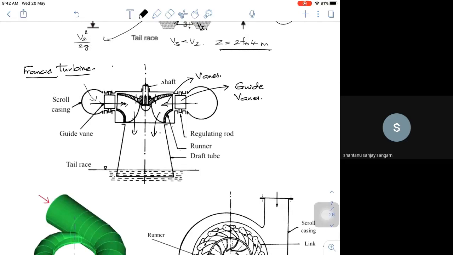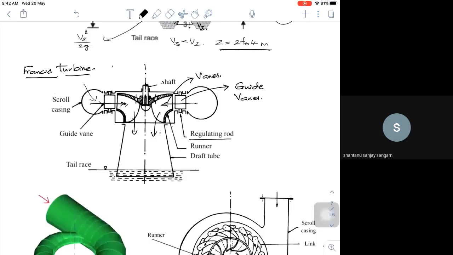Depending upon the angle of your guide vane movement, the quantity of water flowing into the turbine can be controlled. It is very similar to having a spear in the case of a nozzle. In the case of the Pelton wheel, we had what is called a spear, which is pushed in and pushed out to control the quantity of water striking the Pelton wheel. In a similar fashion, in a Francis turbine or reaction turbine, we have guide vanes. The guide vanes guide the water to your turbine. At the same time, they control the discharge of flow of water into the turbine.